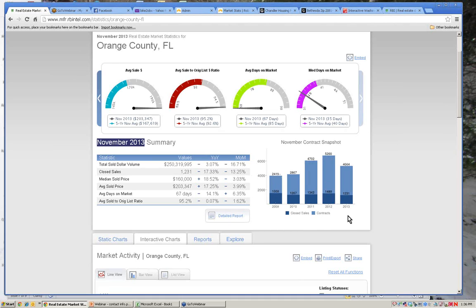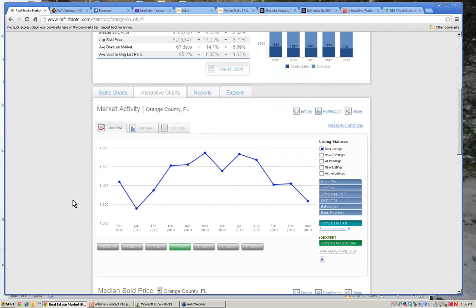We also have a nice little contract snapshot here that gives you the information from your closed sales versus all of the pending information. Now, your MLS might have different statuses that represent a pending status. It could be under contract, but taking backups, or maybe contingents. All of those are lumped in together to be this value here so that you can see what's going on. I'm going to move down a little bit further to give you a little bit more look as to what's